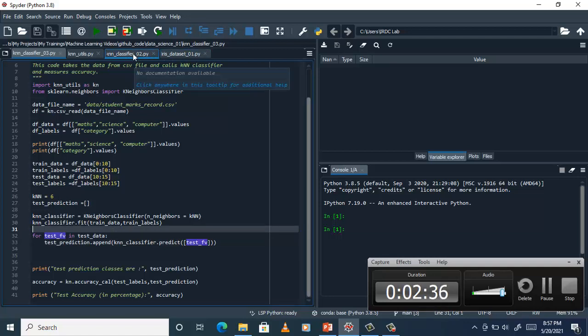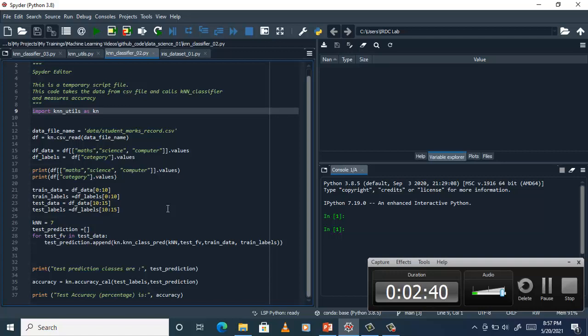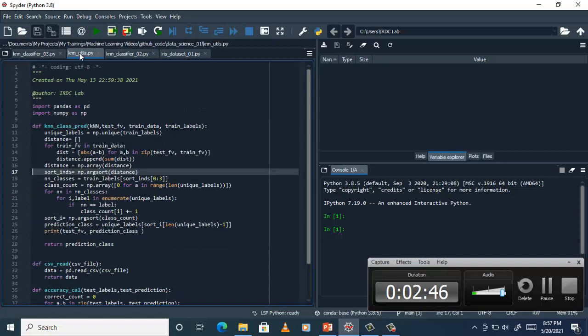But if we go back to our second approach where we wrote our own KNN classifier algorithm, and that logic is mainly available in a KNN utils file. So what happened? Let me just first